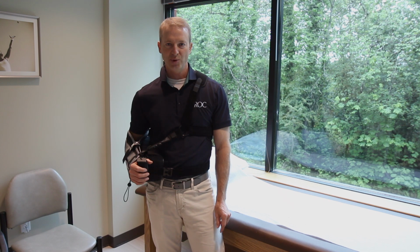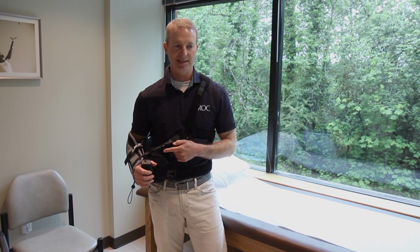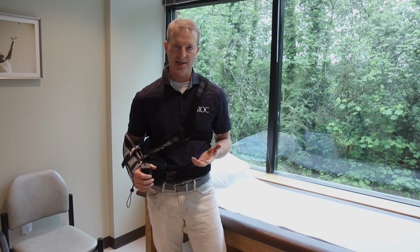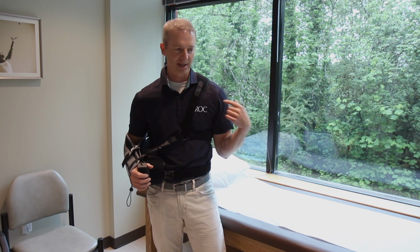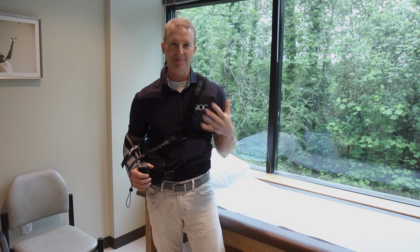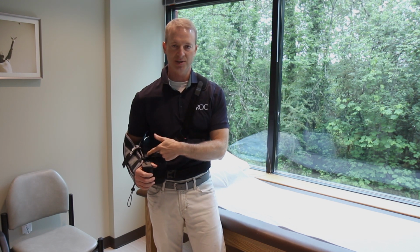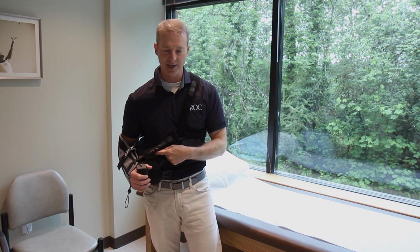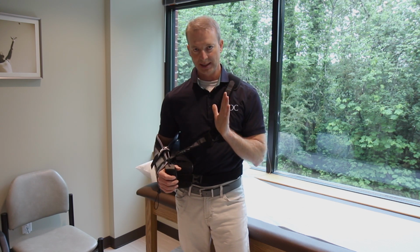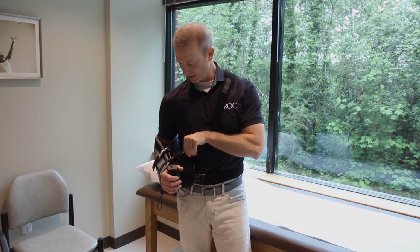I think it's important to pay attention to the technique that we use to take the sling off. After some shoulder surgery, for example after rotator cuff repair, I prefer that the operative arm is not actively raised away from the side, and there may be a tendency to use that type of action when you're taking your sling off. And so I'd like to demonstrate that when you take the sling off, you basically lean toward your operative arm. So I recommend that you undo the buckles,